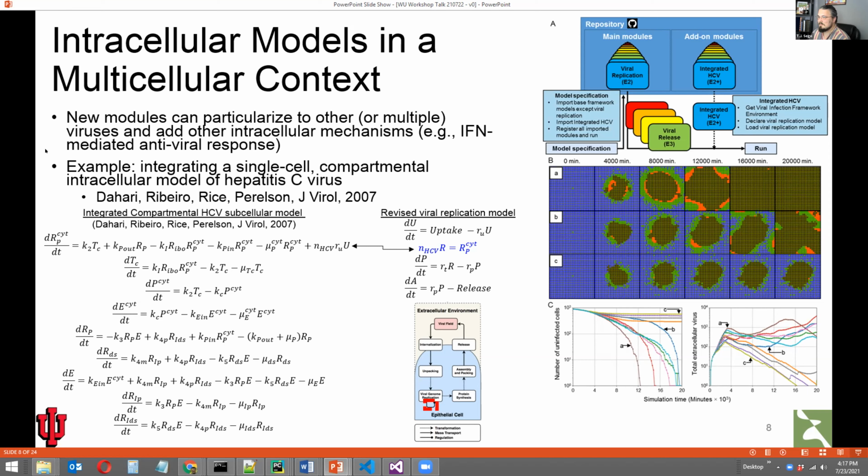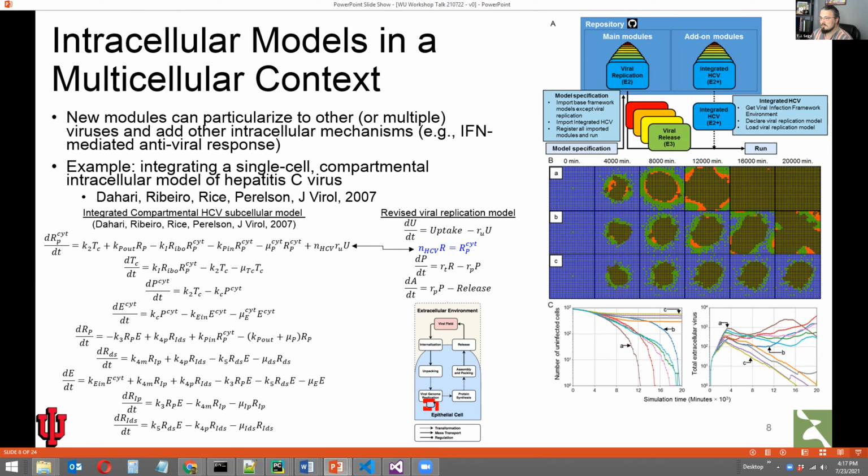So this HCV model developed by Alan Perelson and some of his colleagues is a fairly well-renowned model of HCV, or at least so I'm told.